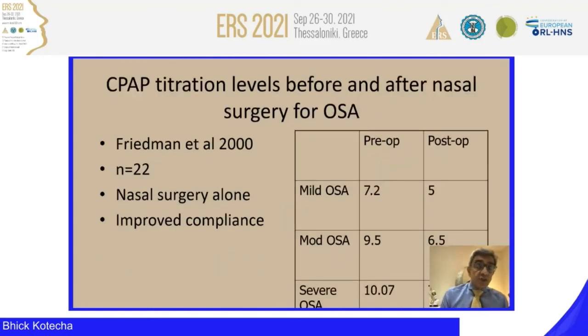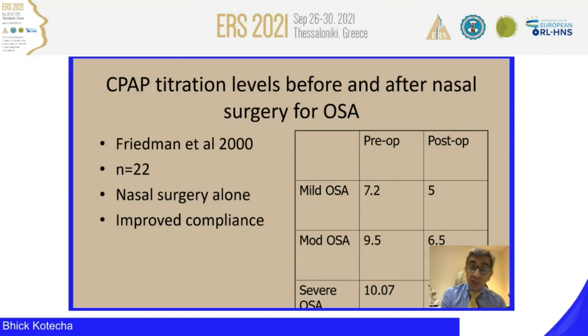Similarly, there are studies to demonstrate that any intervention within the nasal cavity could have a beneficial effect on the patients with sleep-disordered breathing who require CPAP. CPAP compliance is not great. In most studies, about 40% of the patients fail CPAP, and usually this is due to some underlying pathology in the upper airway. So this study by Michael Friedman in Chicago, looking at a small number of patients, 22 patients,